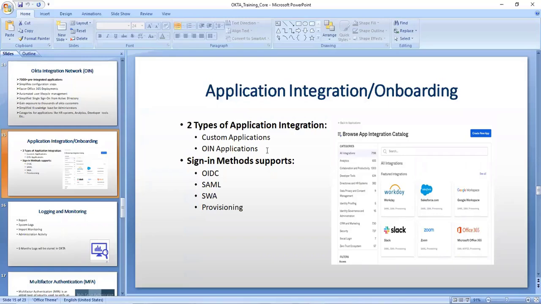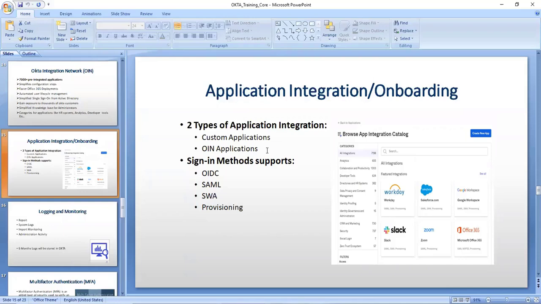So, likewise, you can add some additional questions and points to them, but these are the two basic questions for all the organizations. If you're going to integrate an application, first question is whether it's a cloud-based or an on-prem-based application. Second question is which protocol that application supports. These are two things. So based on this, we can decide and plan how we can onboard an application to Okta.